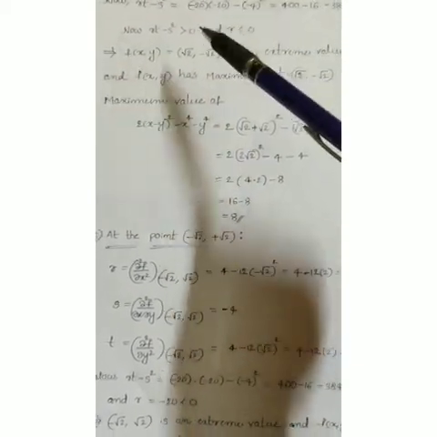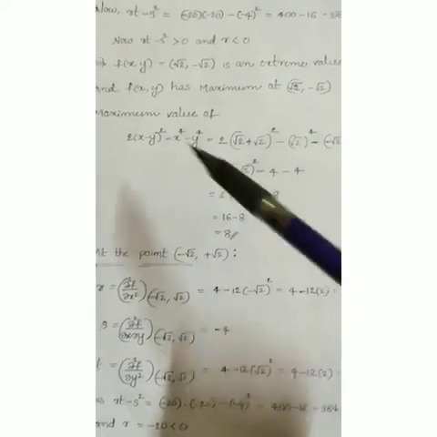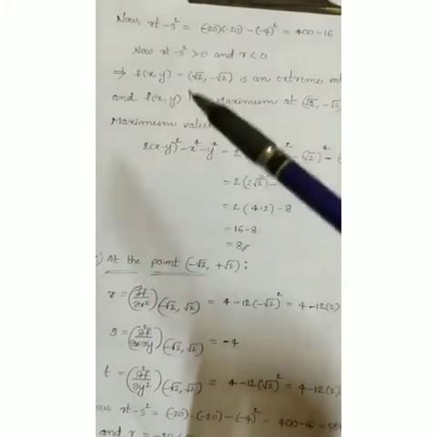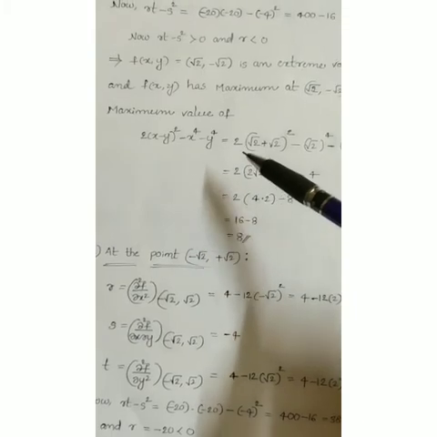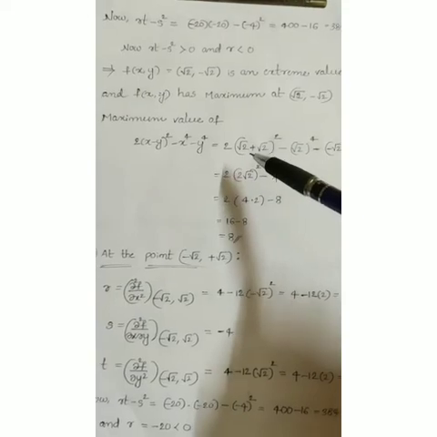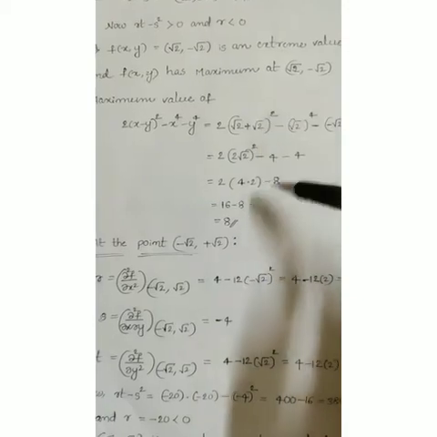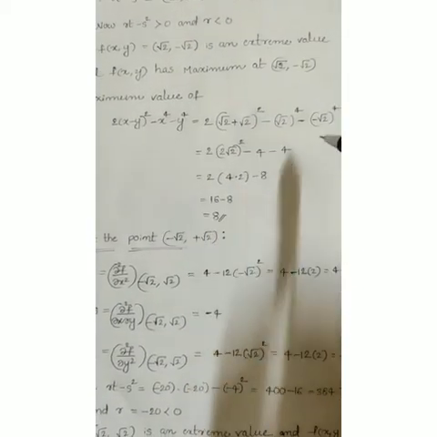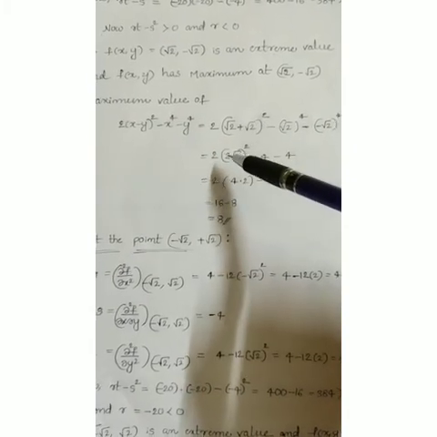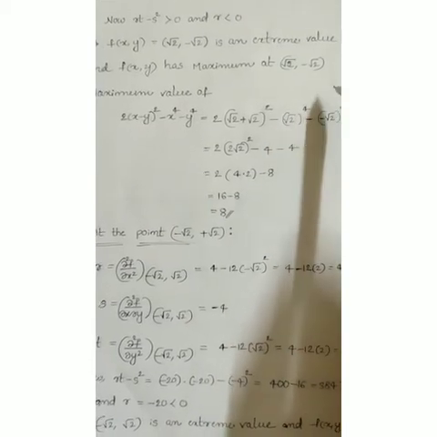In this case the given function has maximum value, and the maximum value is, so substituting root 2 comma minus root 2 in the given function, 2 into x minus y whole square minus x power 4 minus y power 4, that is 2 into x root 2 minus y minus root 2, minus into minus plus root 2 whole square minus x root 2 whole power 4 minus y minus root 2 whole power 4. 2 root 2 plus root 2, 2 root 2 whole square minus, this is root 2 into root 2 is 2, and root 2 into root 2 is 2.